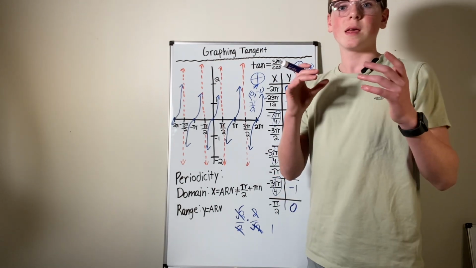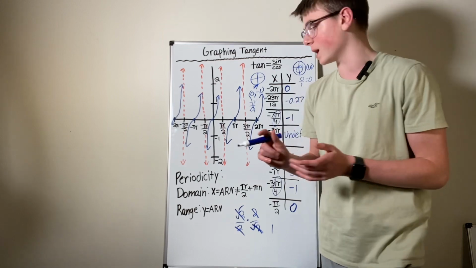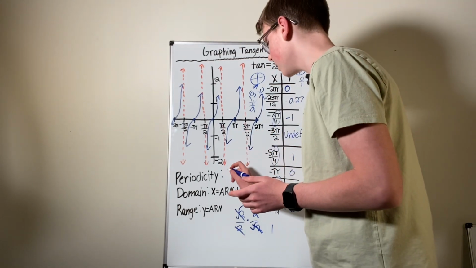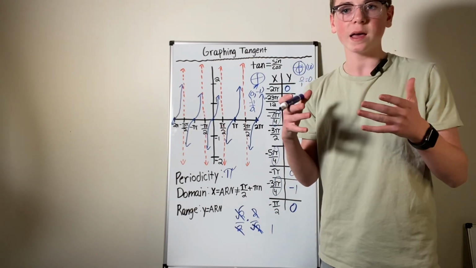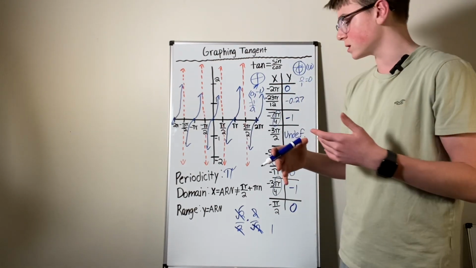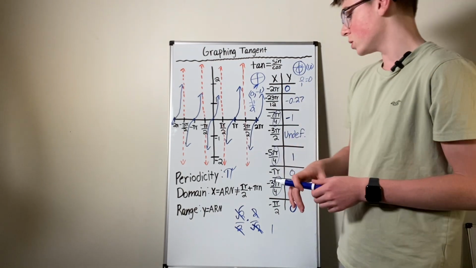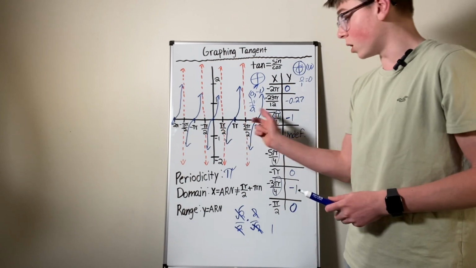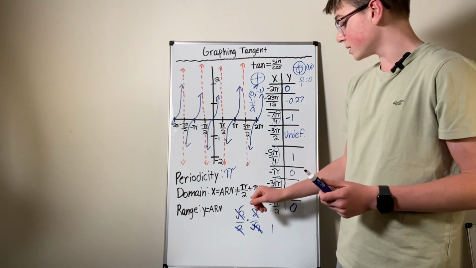Again, it is just 1 pi apart, and the graph is repeating itself. So periodicity is just pi. Every pi units you move along the x-axis, you restart the graph. The graph is going to be the same. So the domain is x is all real numbers, but not equal to pi over 2 plus pi